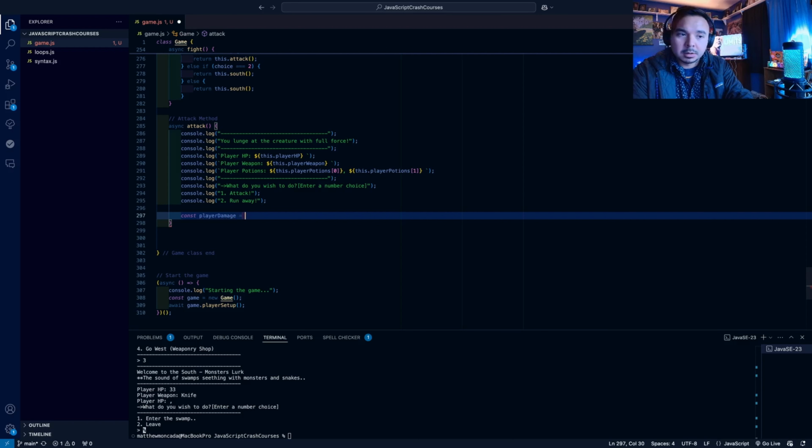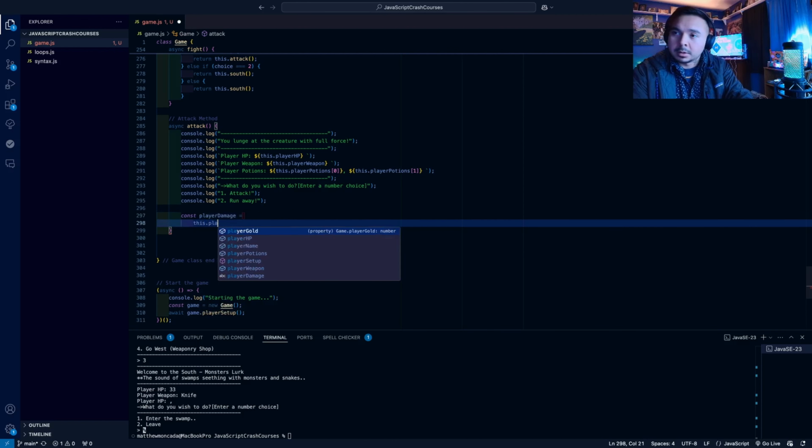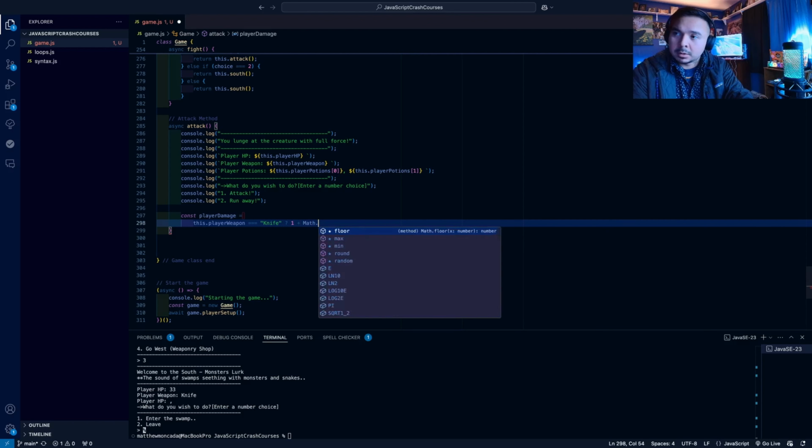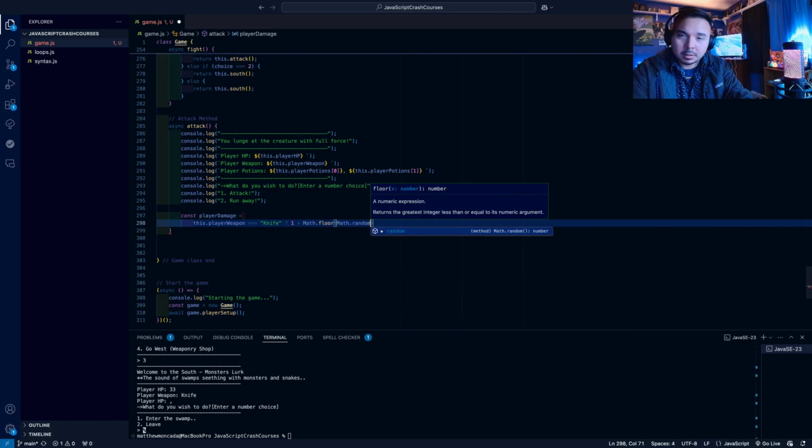So it's equal to, do a little shorthand here, this player weapon. Set to that. And then we will do